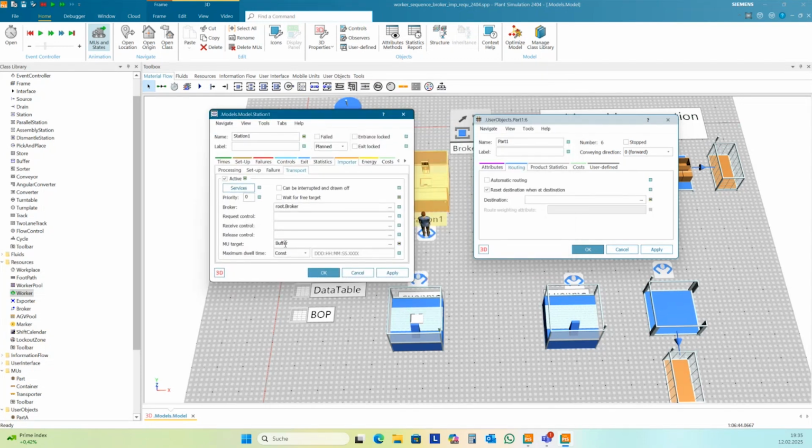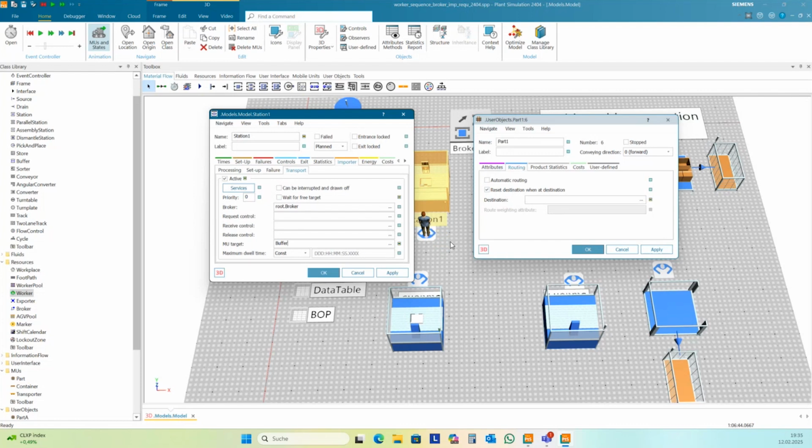Plan simulation will transfer this to the MU if you don't have any programming behind. But instead of setting here a fixed MU target, you can set the destination of the transport, for instance, using exit control in the station, or like we did it here in the program, importer request control.